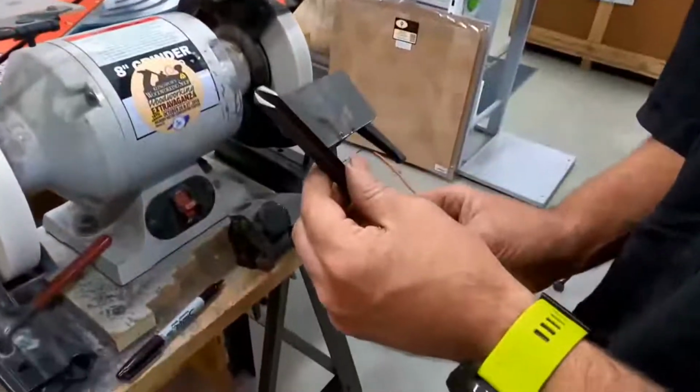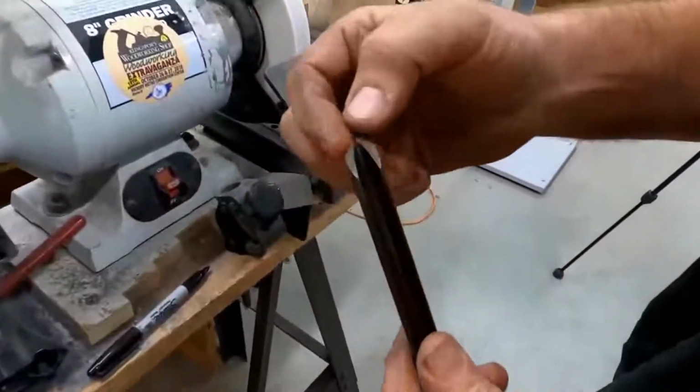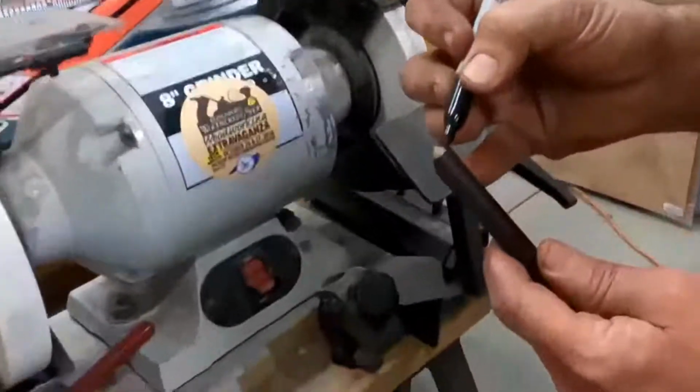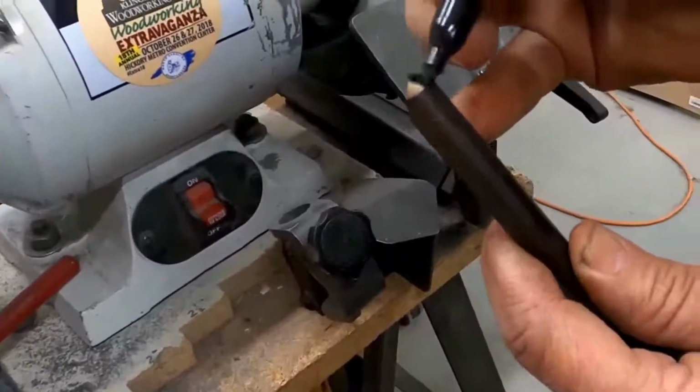I think I just saw some sparks, just did. Let's quench that. And you can start to see just a very faint shine across the top of it. Bench grinder. First, I'm going to take a Sharpie and put black on the back side of this so I can check my